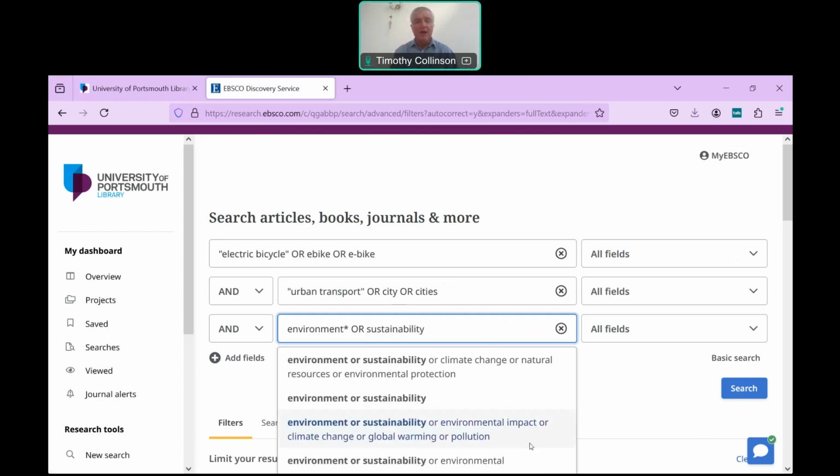And so now what's happening is that the top line is looking for any of those words. The second line is looking for any of those words. The third line is looking for any of those words. And these ands over on the left mean that each line is being combined. So we'll get less and less results as it looks more and more specifically at each of the concepts we've